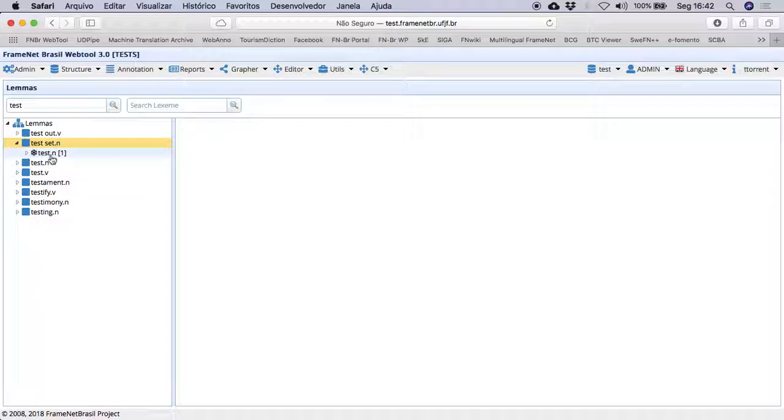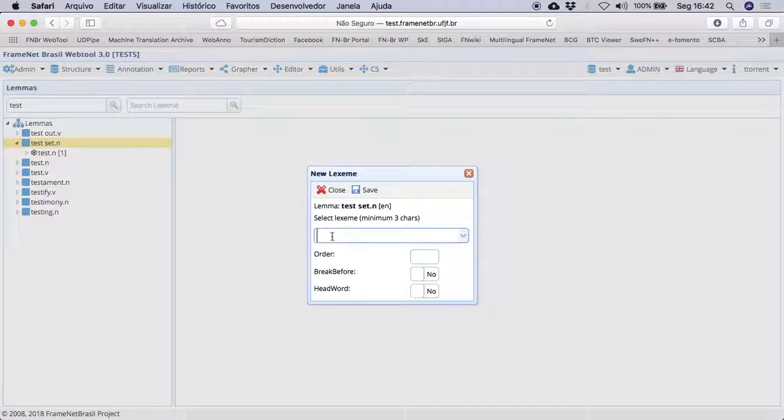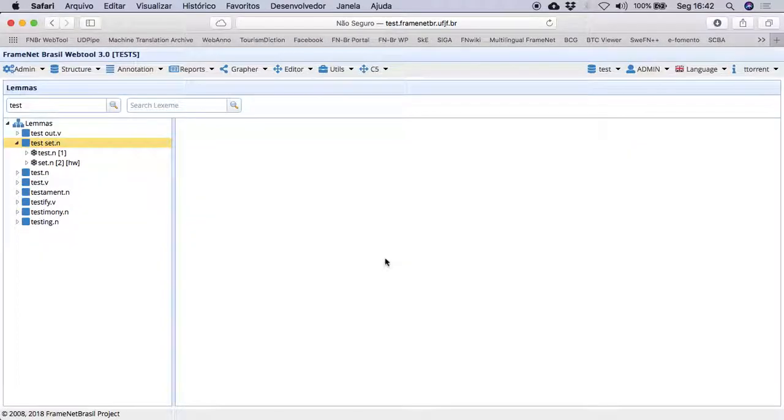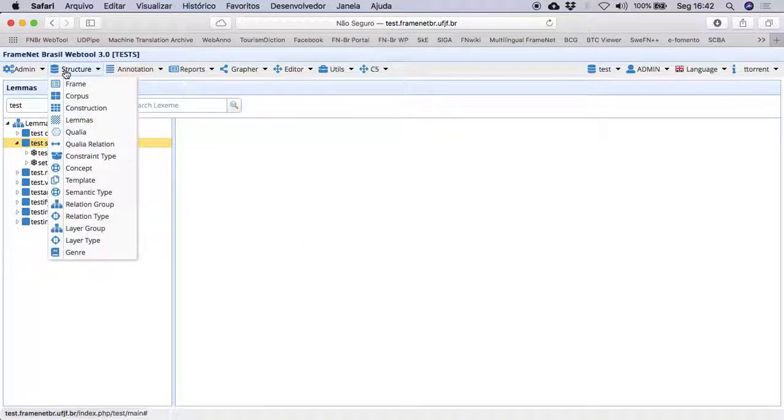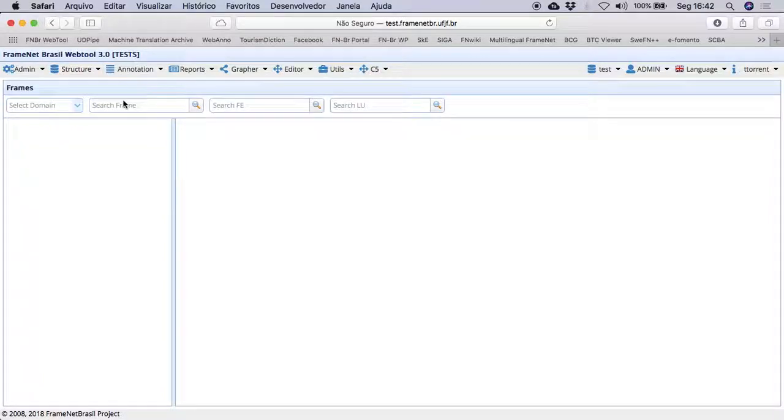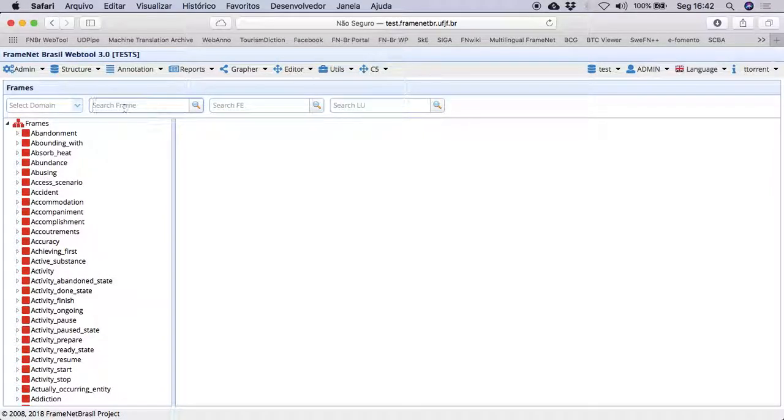And then you see that test appears here, and then I'm going to right click again, add Lexeme, then choose set as the noun. It's the second, and then it's a head word. Okay? There is no break before in test set. I cannot put any sort of intervening material between test and set. So I'm going to hit save, and then it's done, right? And I can now go back to the frame menu,